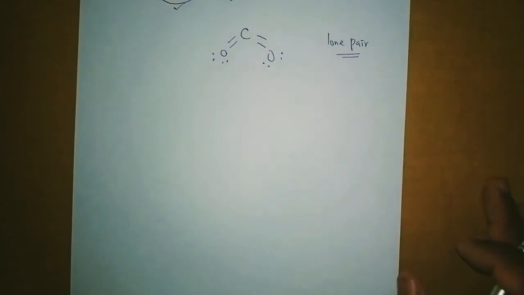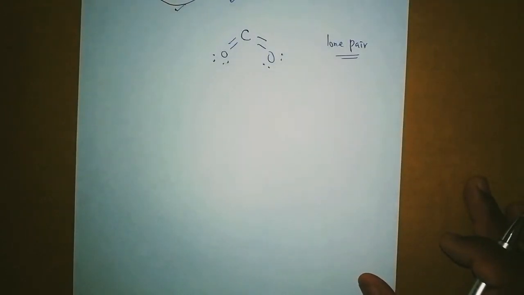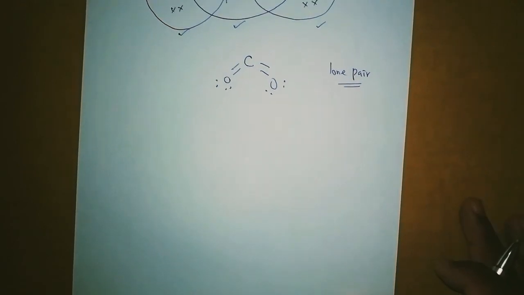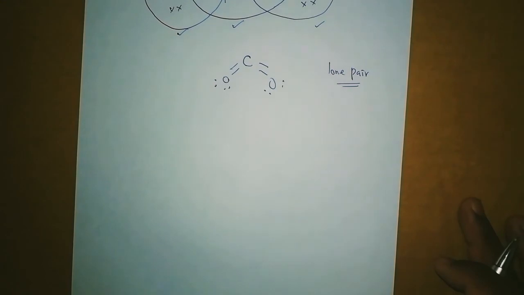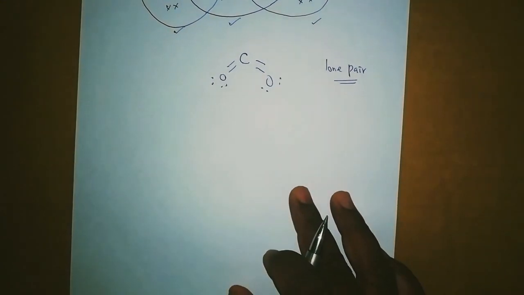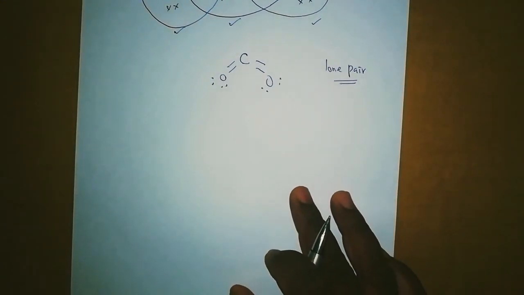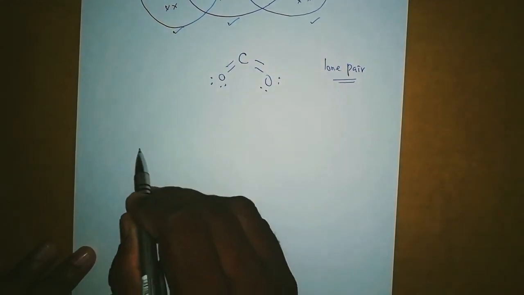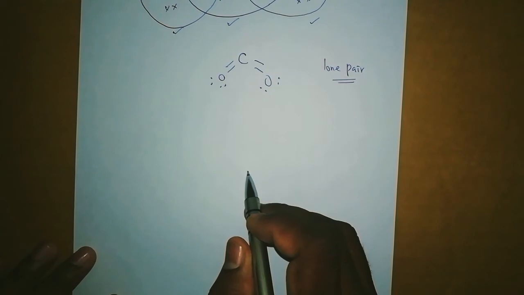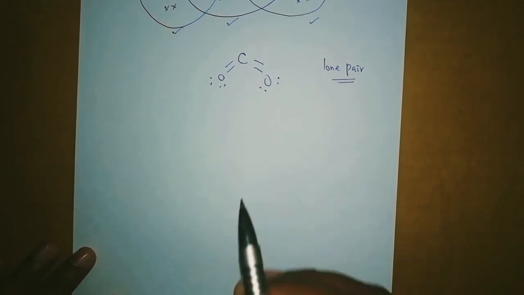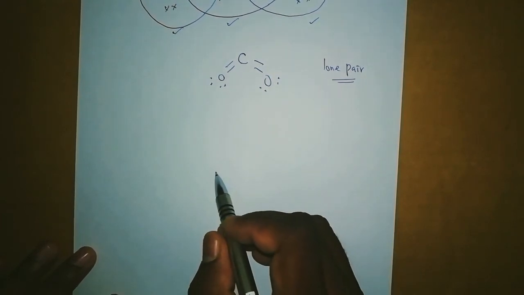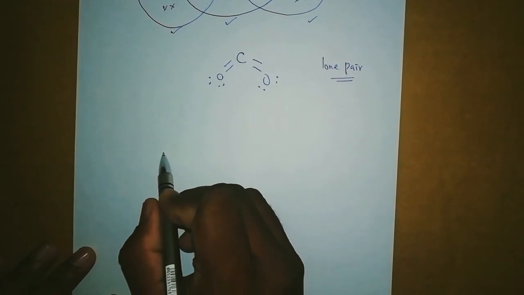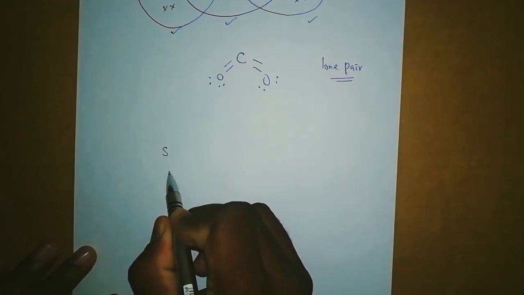There is another question asked on that same page. What would be the electron dot structure of the molecule of sulfur which is made up of 8 atoms of sulfur? There is a hint also given: 8 atoms of sulfur are joined in the form of a ring. So I am going to draw simply the structure of sulfur and you are going to make it a dot structure. Sulfur structure actually looks like this.